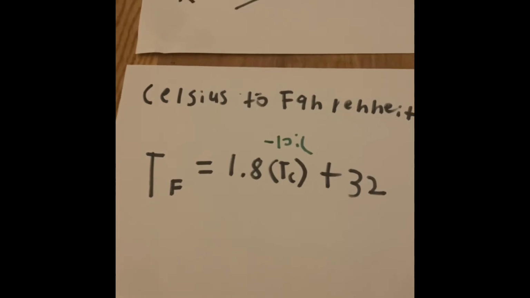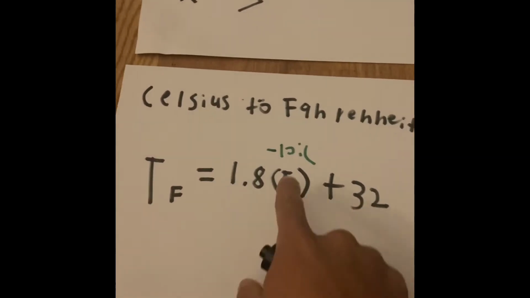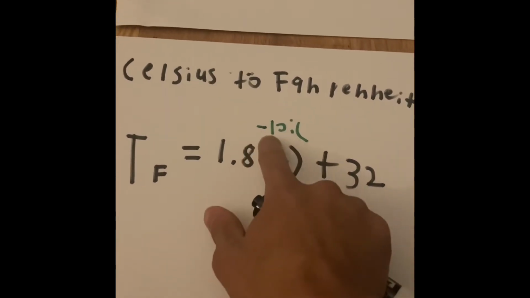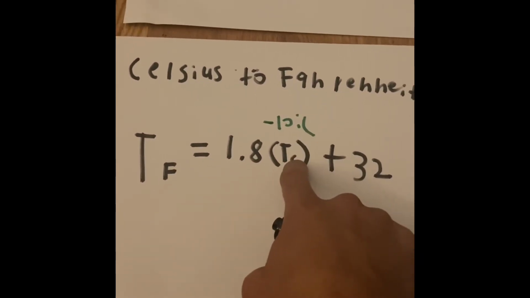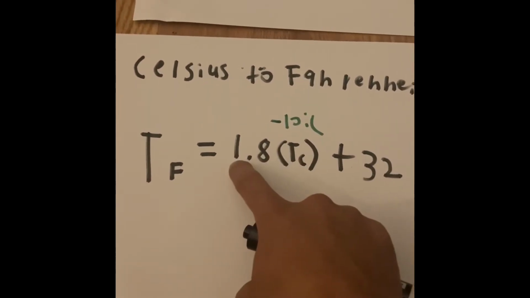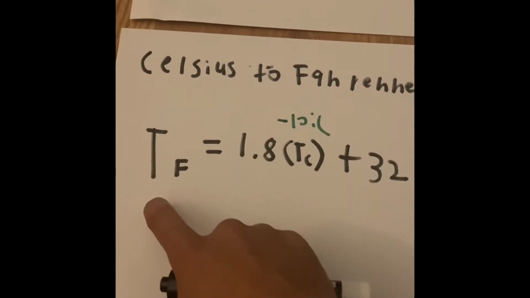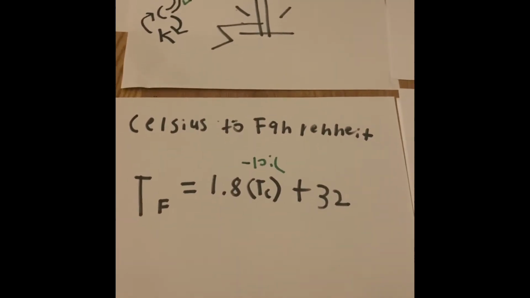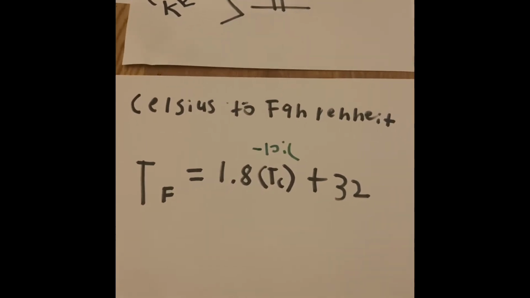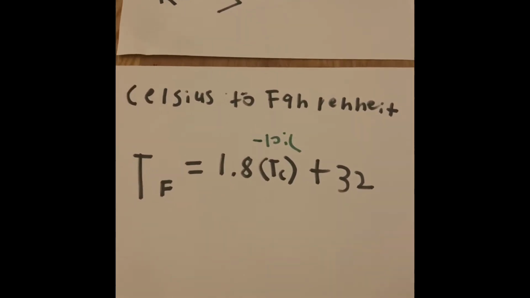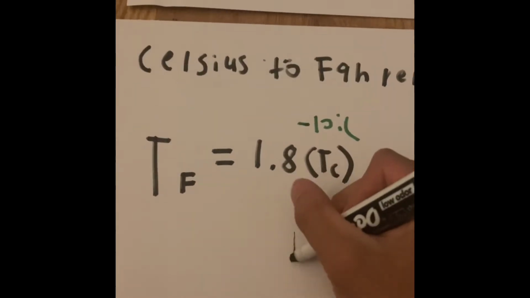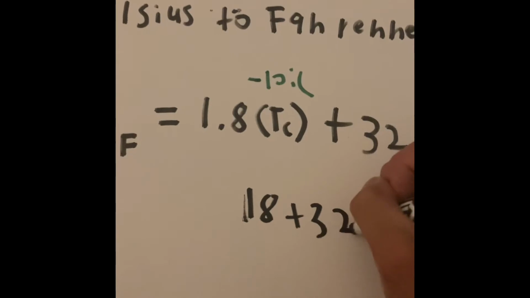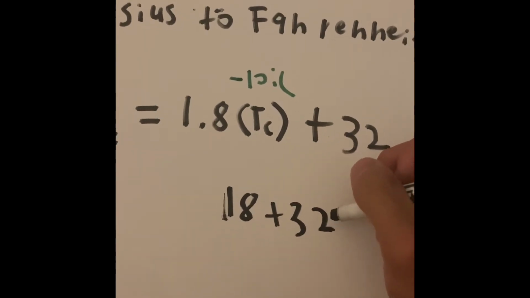When you try to convert from Celsius to Fahrenheit, you insert your number in big T little c, like negative 10 degrees Celsius right here. When you multiply by 1.8, then add 32, you get your answer in Fahrenheit. Let's see how cold the water was. So 1.8 times negative 10 is going to be negative 18. But if we add 32, negative 18 plus 32 is going to be